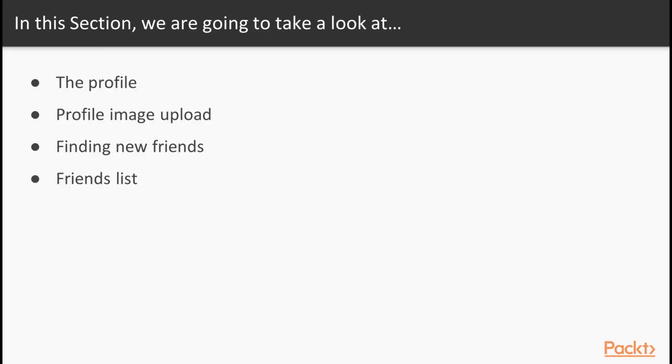In the first video, we will show you how to build the My Profile section of the Gopherface web app. In the second video, we will show you how to build the feature to upload a user's profile image without refreshing the web page. In the third video, we will show you how to build the search feature to find